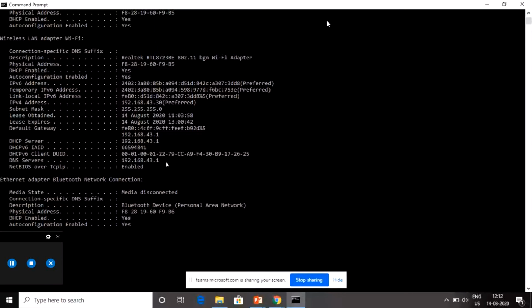Aditi, are you able to read? There are 3 IPv6 addresses visible, one is link local, and what is written in the other two addresses? IPv4 address and physical address. Okay, that's okay, but how many IPv6 addresses are visible? Let me check, sir.